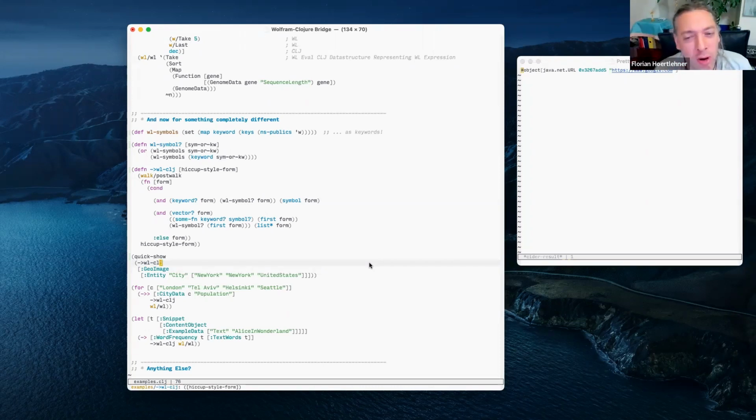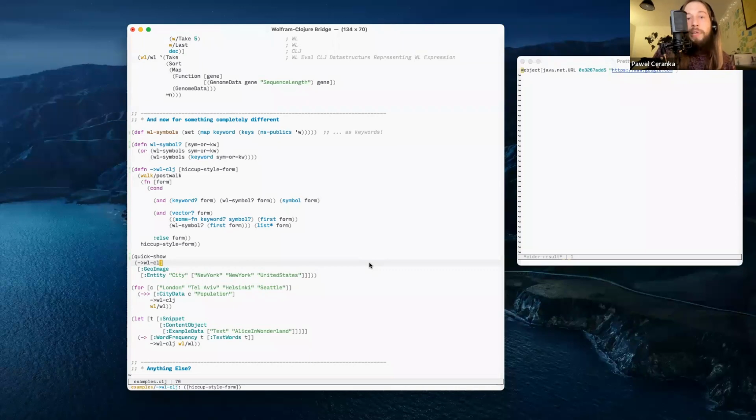Is this interop purely Java library to Java library? So basically no interop? What we're leveraging, and that's the main benefit of the existing library, the main bulk of work done by the original library, is wrapping around this J-Link library, which is provided by Wolfram Research.